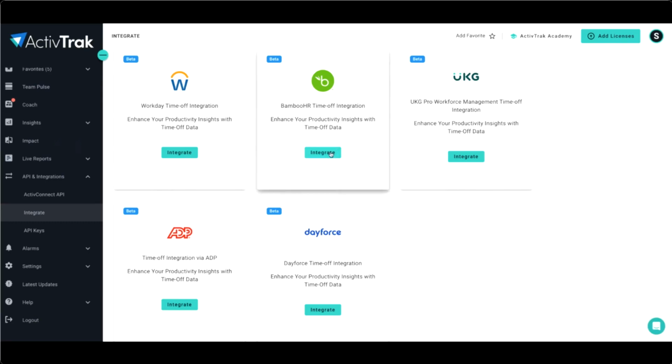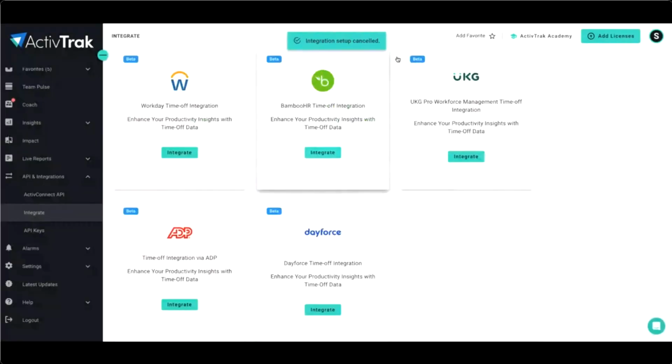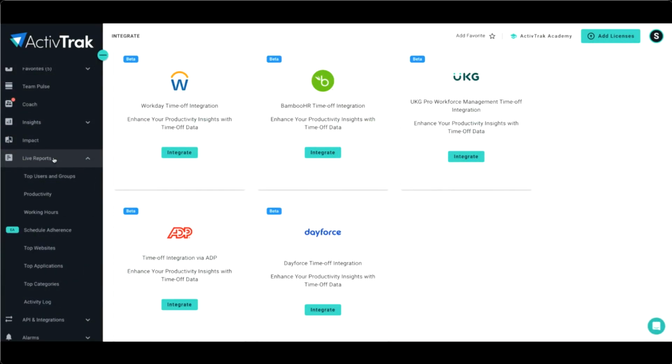And you can go in here. It's a pretty simple process to integrate. Once you click on it, it'll walk you through in this guided wizard here to have you set it all up. I don't personally have access to Bamboo, so I can't show you how to do that right here, but it's fairly simple. You're integrating your time off with our data, and then that will start to show right now